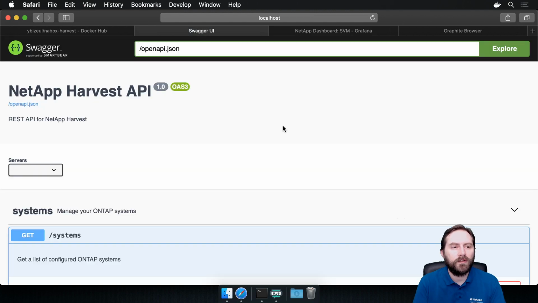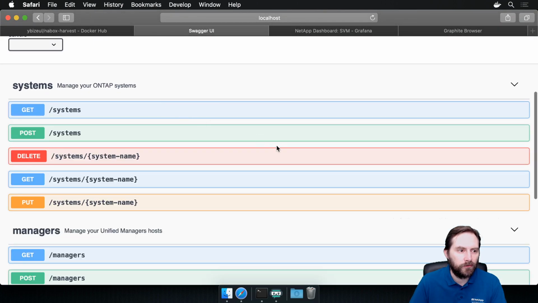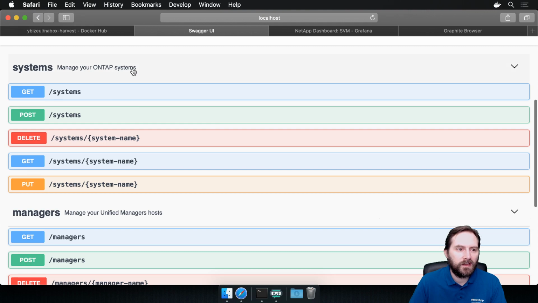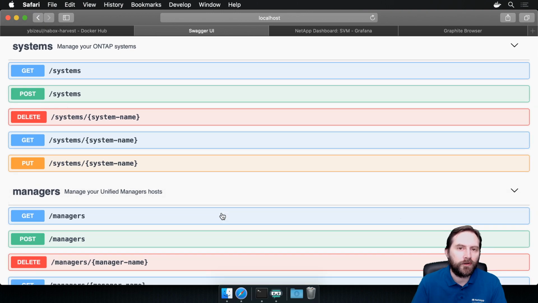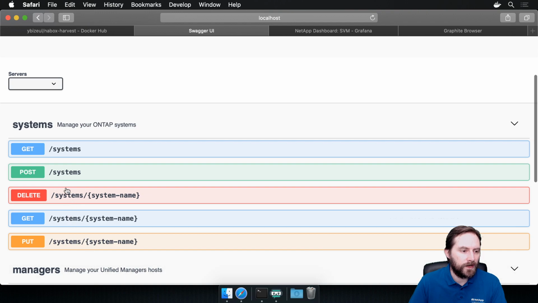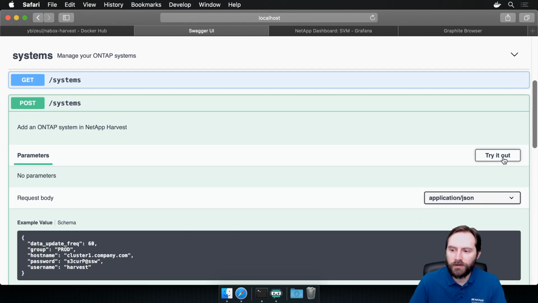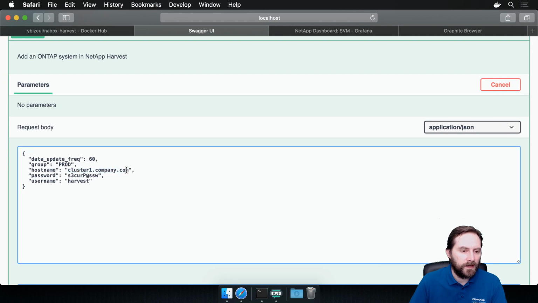Remember, that's the only thing that you're going to interact with when it comes to manipulating, removing, adding controllers on Command Unified Managers and all that stuff. It's actually divided in two sections. The systems adds your cluster or single-node system, and the managers add your ActiveIQ Unified Manager or Command Unified Manager systems. So I'm just going to post a new system here by clicking on try it out, and then